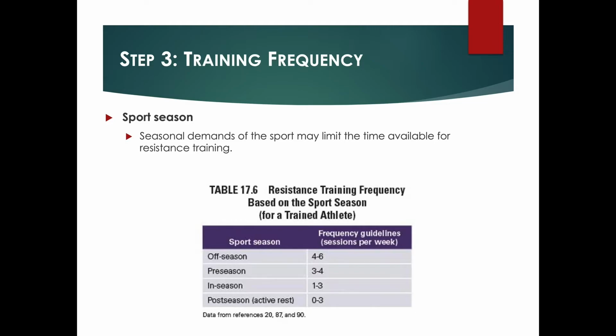And then it says the seasonal demands of sport based upon time availability. And you can see the different days or the sessions per week altering between what type of sport they're in or what sport season they're in. In season says 1 to 3. A good example looking at that is